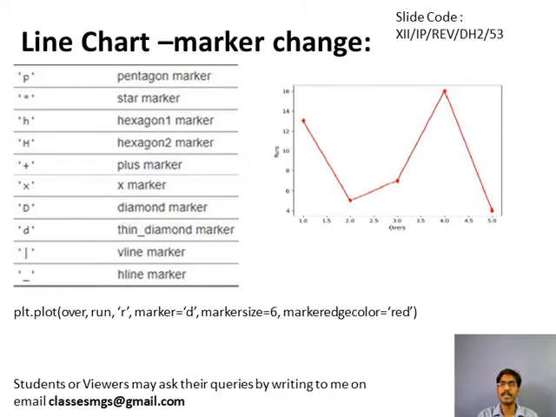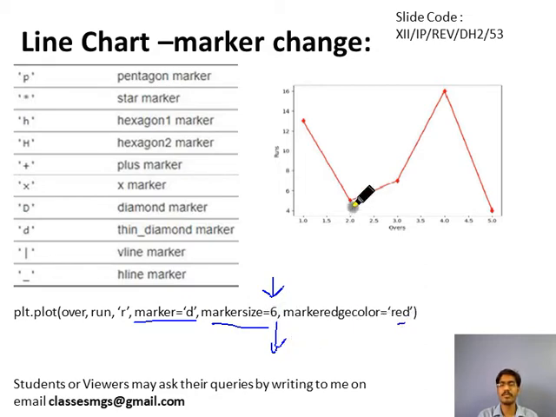Now we will see, in the previous graphs we were seeing just a plain line graph. Now we want to show the marker here at the join point. Then you can use this property, marker equals to, and then the marker size. If you want to show a bigger marker, then you can use a higher marker size value. If you want to show a small marker, then you can use a marker value below 5.